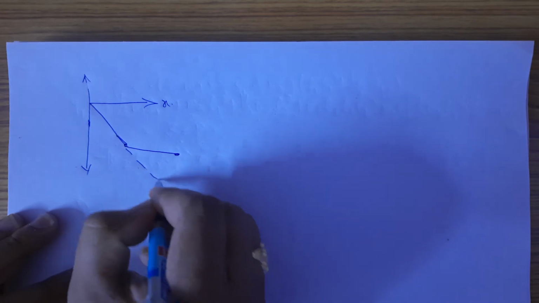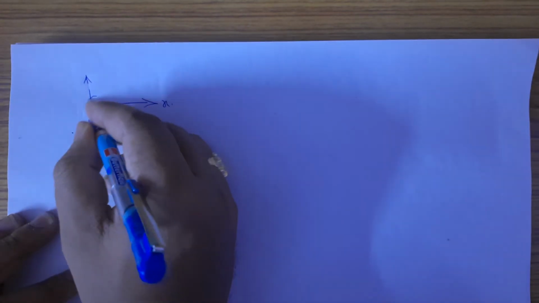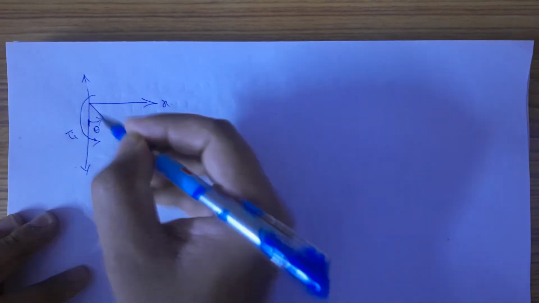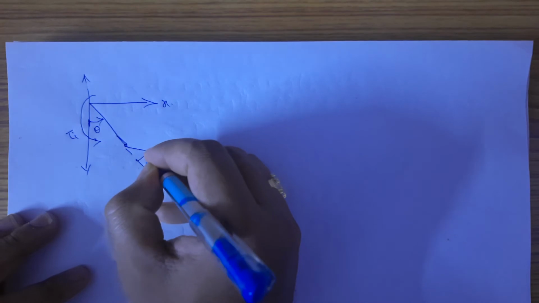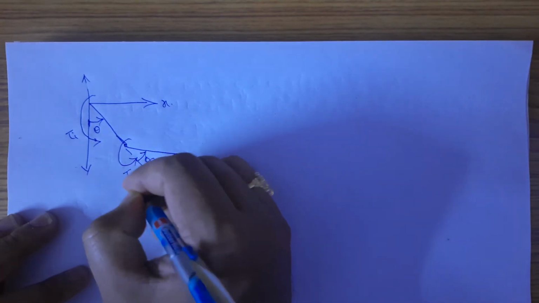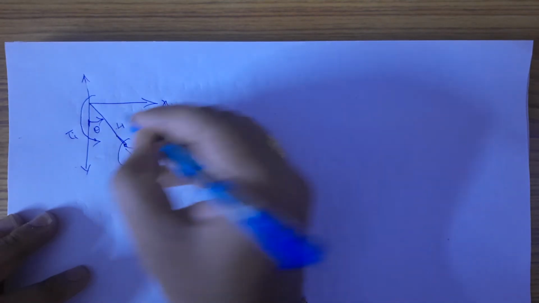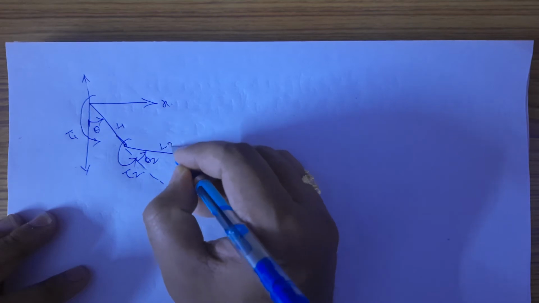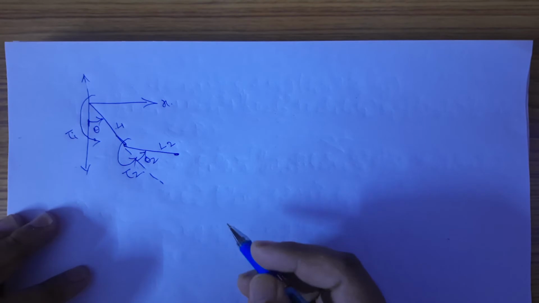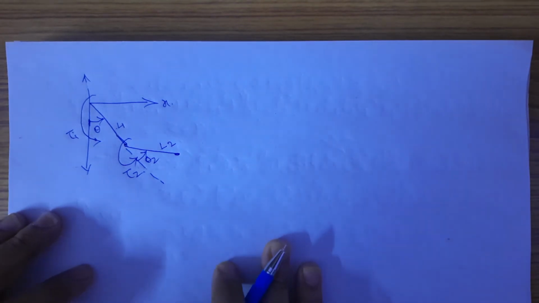So you will be having this theta, and the action will be in the direction of theta, so it is tau 1. So you will be having theta 2, and the action will be like this, tau 2, and the length will be L1, and this length will be L2. Okay, so the first thing that we have to do is we have to calculate